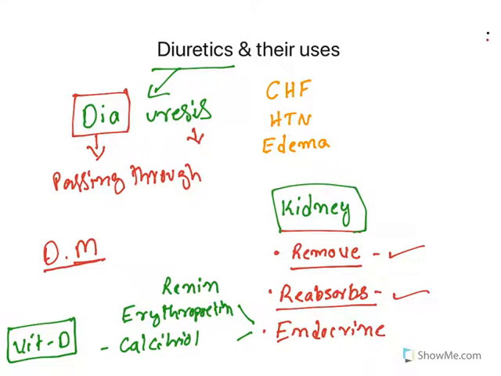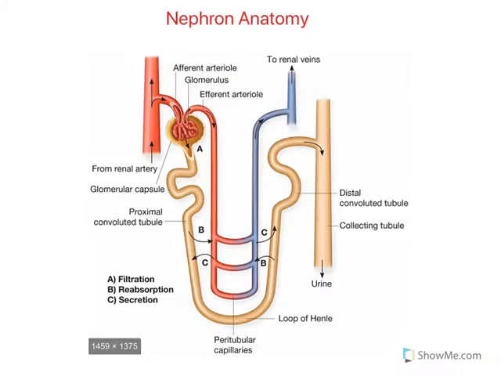Now, as I told you, the main functional unit of the kidney is the nephron. Let us see brief things about nephron anatomy. This is a brief diagram of the nephron. Blood reaches the nephron with the help of an artery known as the afferent arteriole, whereas the filtered blood will get into the efferent arteriole. Now, all these blood vessels form a network known as the glomerulus. The glomerulus is held in an anatomical place known as the glomerular capsule or Bowman capsule.